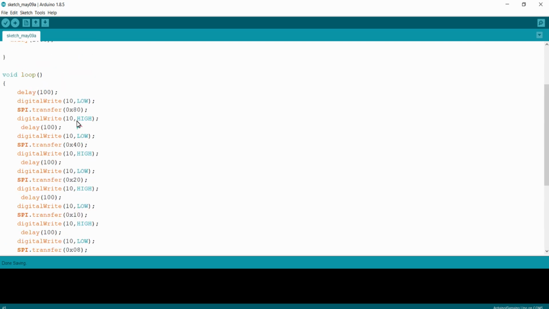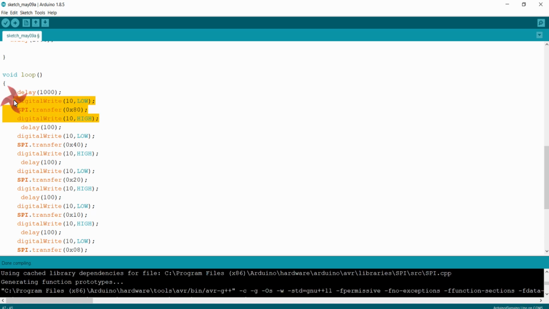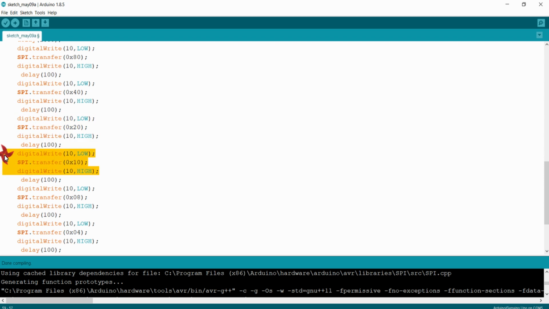So we are passing the data required for turning on 1 bit at a time in the shift register, that is starting from bit 7 till the bit 0. So here you can see the Q7 pin will be high when you pass the 0x80, and it will be high for 100 millisecond. Again when you pass the 0x40, Q6 will be high. Again after that if you pass 0x20, Q5 will be high, and when you pass 10, Q4 will be high.